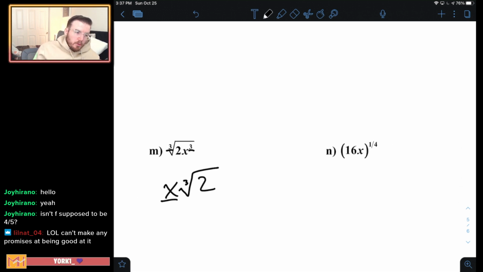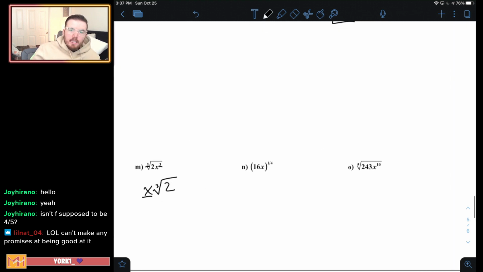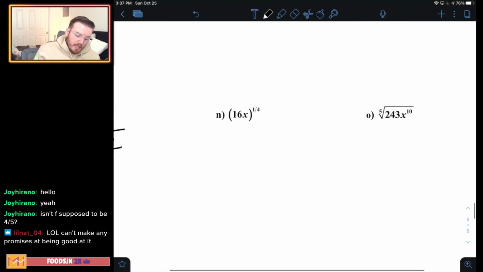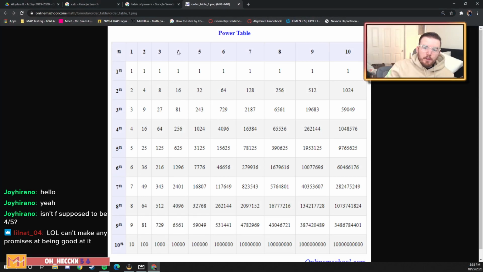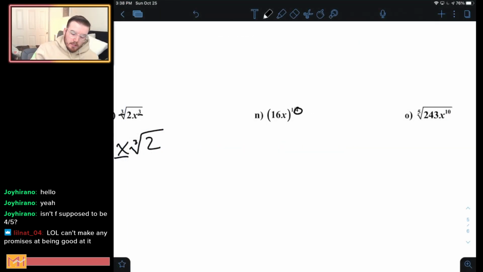What's the fourth root of 16? Because that lonesome 4 means the fourth root, right? That's the size of the root. The fourth root of 16, if you've forgotten, is 2. I'm using this table a lot. Using this table quite a bit. So the fourth root of 16 is 2,